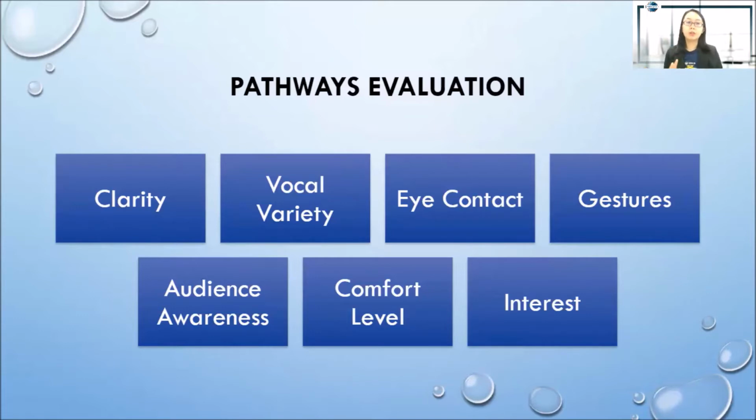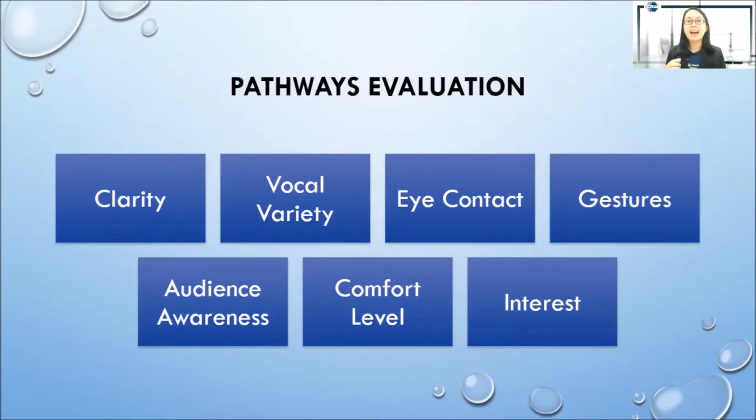So it's 1 to 5, 1 being the poorest scale, and the highest or maximum number is 5. So in terms of clarity, normally we are talking about how clear is the speaker's voice, vocal variety, whether they had any low tone or high tone, the pacing of the speech, whether there are any pauses, the pitching,